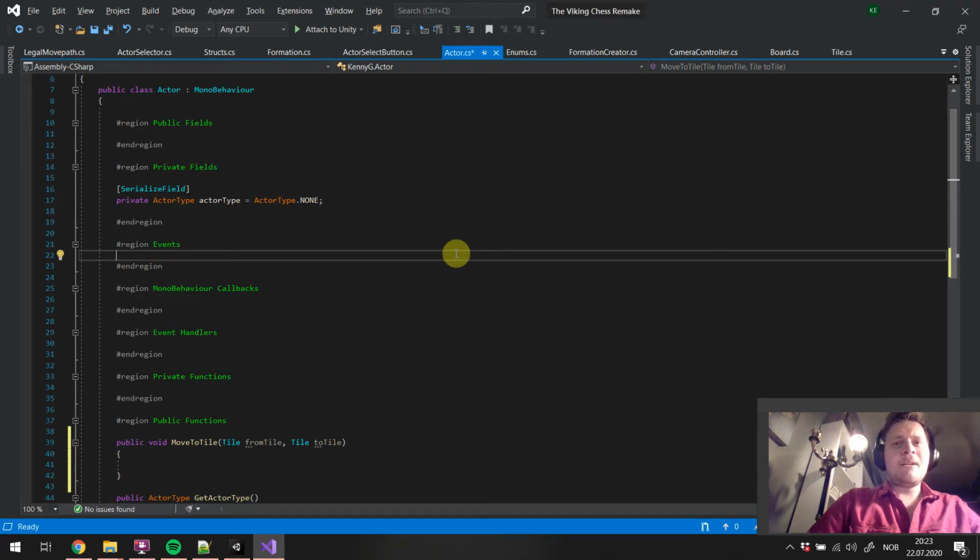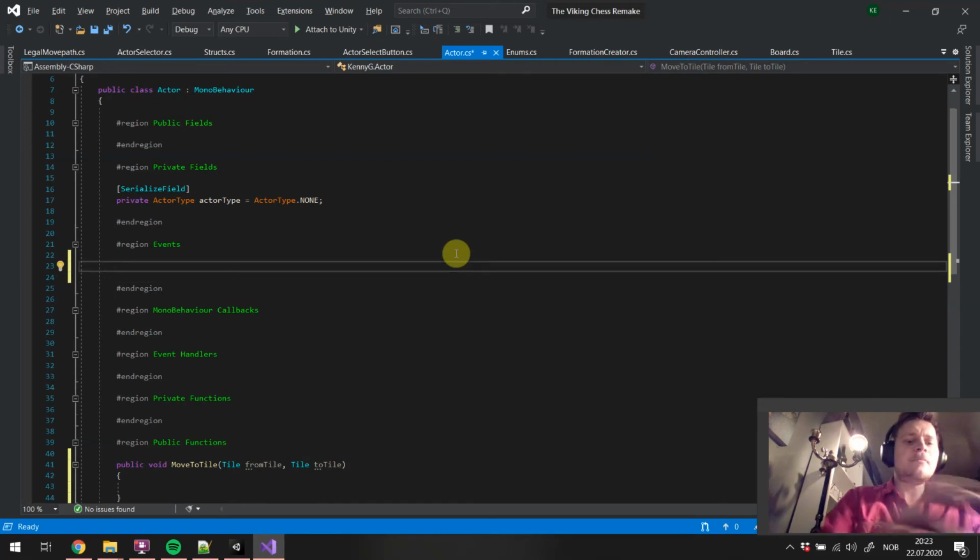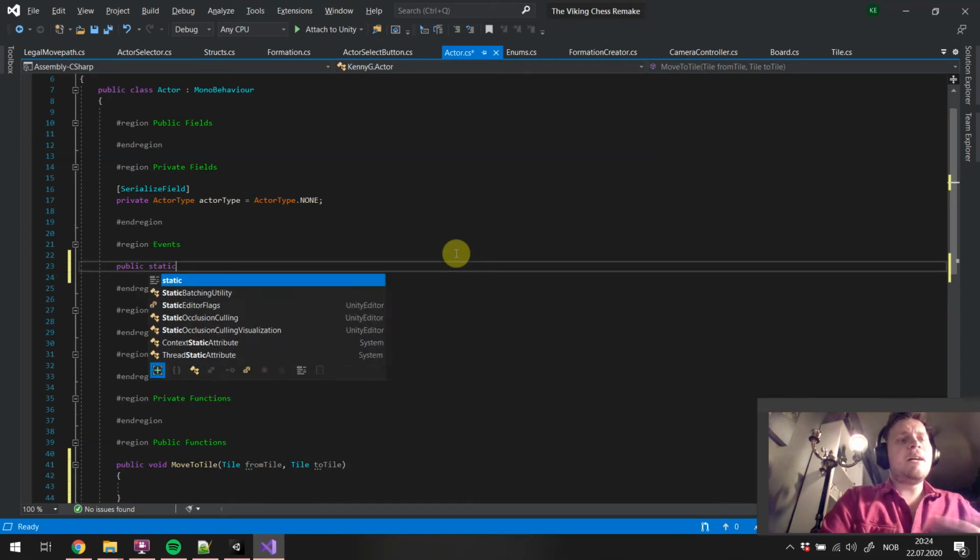So we can have a static event. This simplifies a lot of interactions, because then I don't need to know the instance of the actor that is moving. I just need to listen to some actor moving through a static event, which is quite helpful. So we're going to create two events in the actor class, which is the public static event